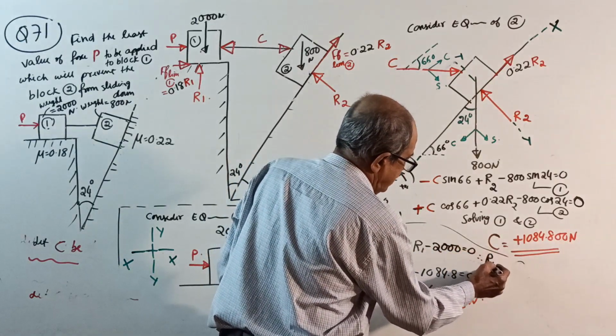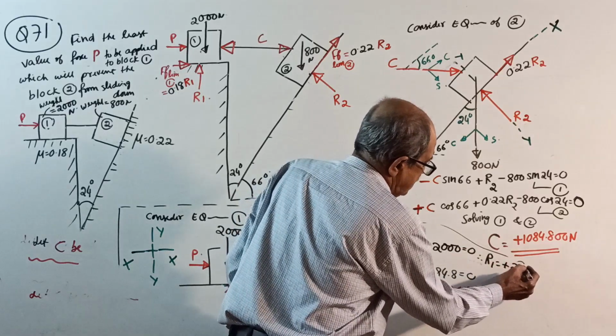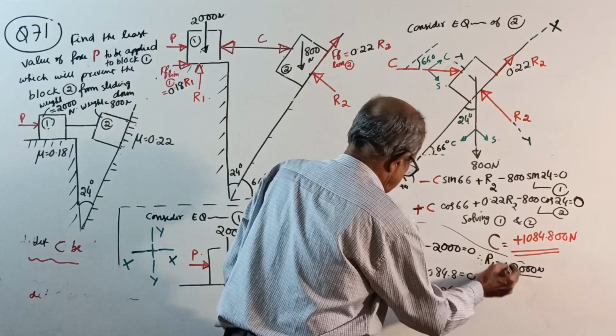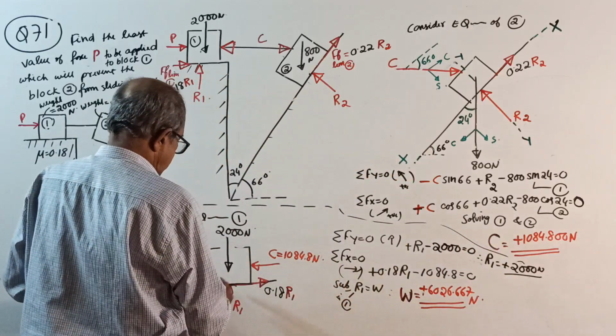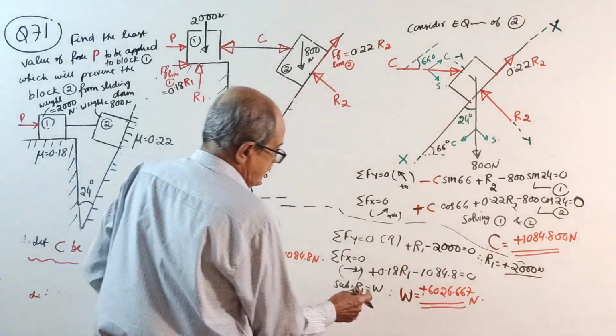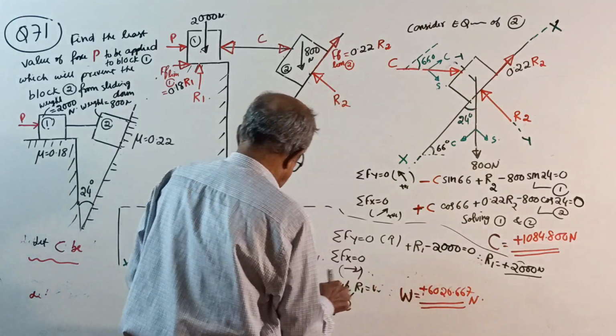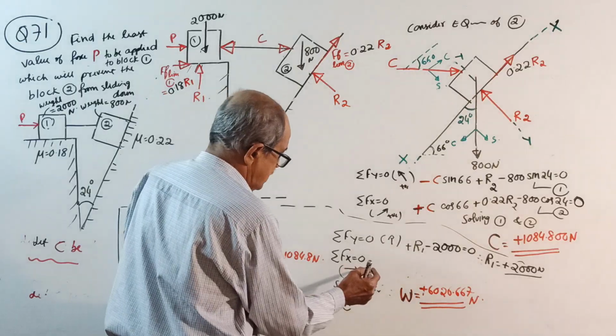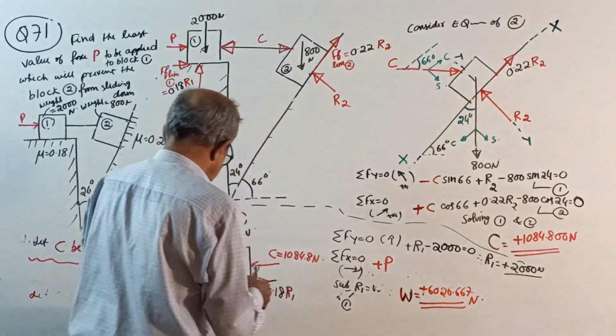Therefore, your R1 equals plus 2000 Newton. Then sigma Fx equals 0, take right side positive. When you take right side positive, you will get plus P, the unknown,